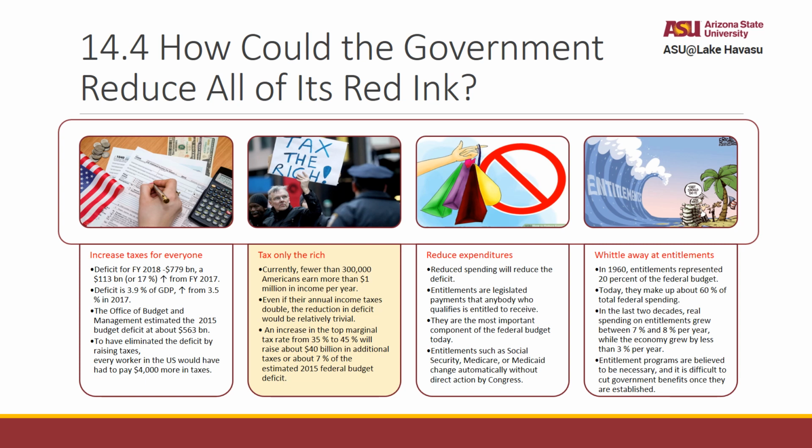IRS, or the Internal Revenue Service, has determined that an increase in the top marginal tax rate from 35% to 45% would raise at best about $40 billion in additional taxes. Extra revenues of this 40 billion per year represent only about 7% of the estimated 2015 federal budget deficit. The reality is that data do not support the notion that the tax increase can actually eliminate deficits. Although eliminating a deficit in this way is possible,